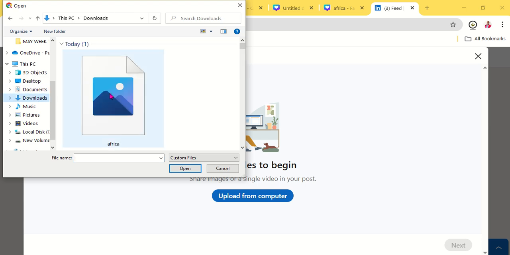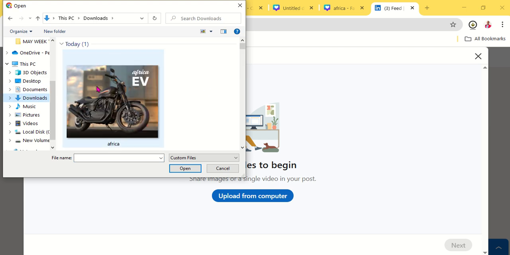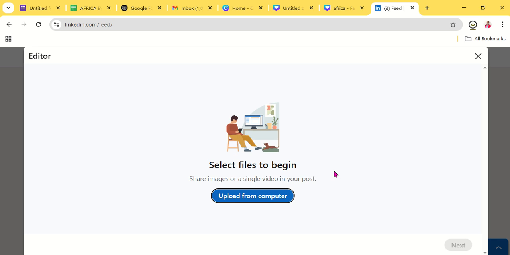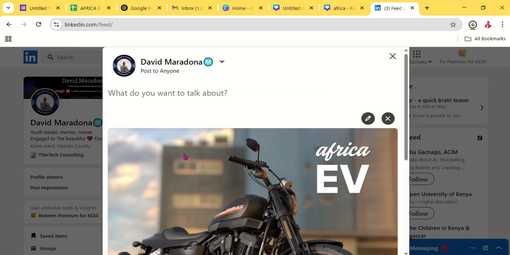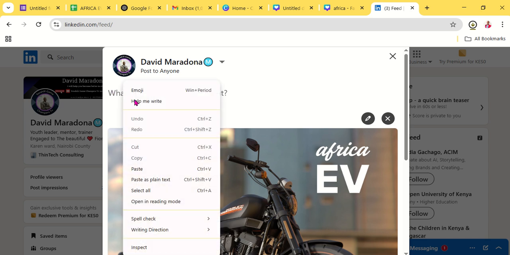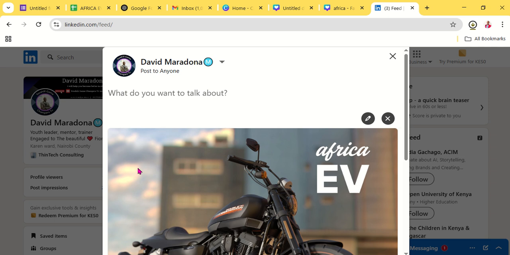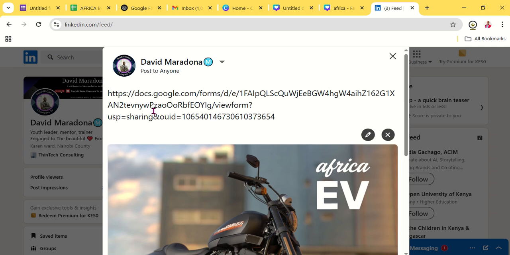Downloads. So in downloads, you can see here it is. Click and then I'll insert it. Remember, I had already copied the link. Okay, so using the link that I copied, I'm going to paste that link here. So I'll say paste. So once I paste, I'll indicate there and say